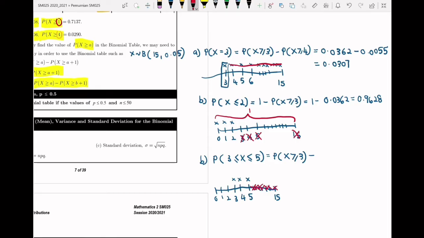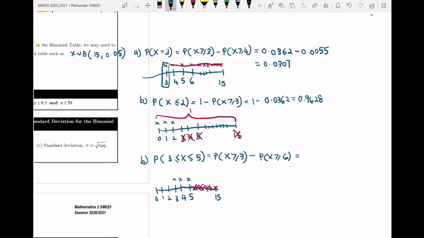So P(X ≥ 3) minus P(X ≥ 6). From the table, we get P(X ≥ 3) equals 0.0362 minus, from the table, P(X ≥ 6) equals 0.0001. So the probability of x between 3 and 5, both inclusive, is equal to